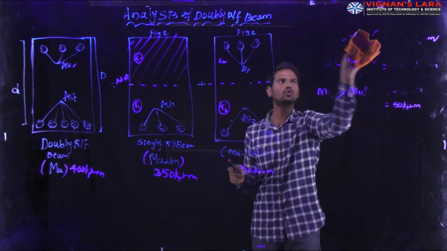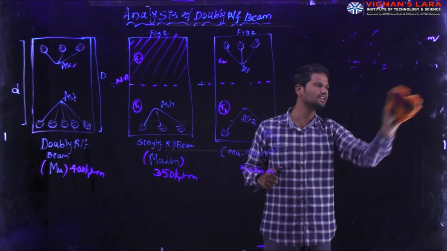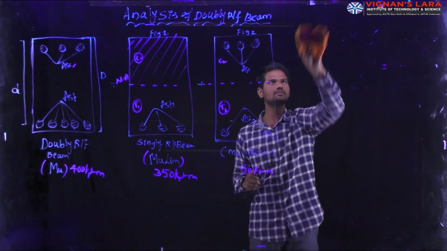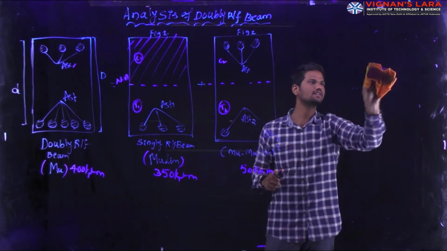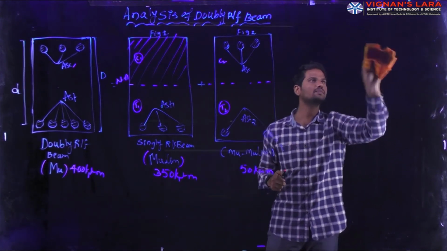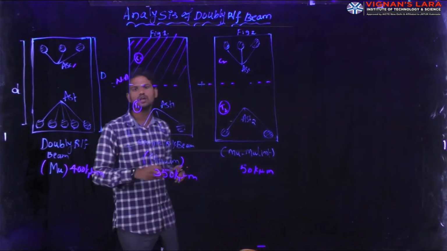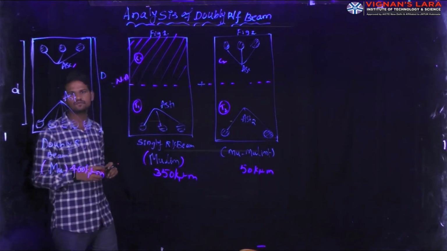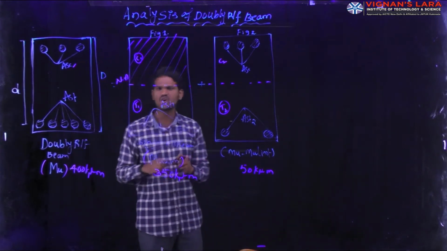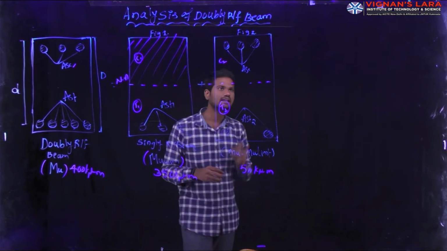The procedure you are following for the doubly reinforced beam is the same as for the singly reinforced beam. That means the procedure you are providing in a doubly reinforced beam is the same as this. If you observe practical conditions, the beams we are providing are all doubly reinforced beams. For analysis purposes only, we take the beam analysis as a singly reinforced beam. But in any practical construction, we won't construct any singly reinforced beam. We will construct only doubly reinforced beams.